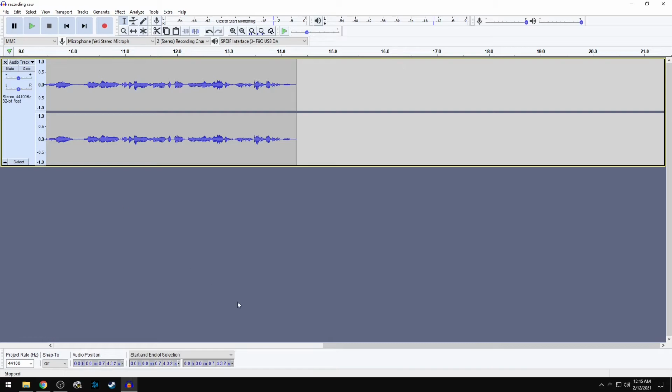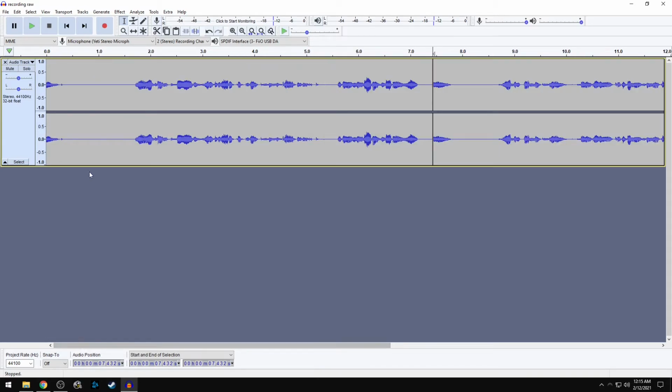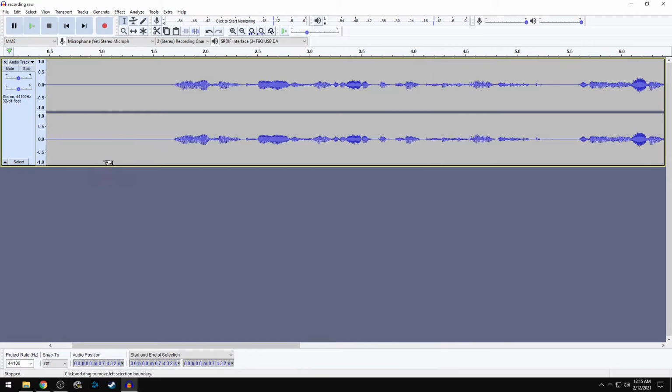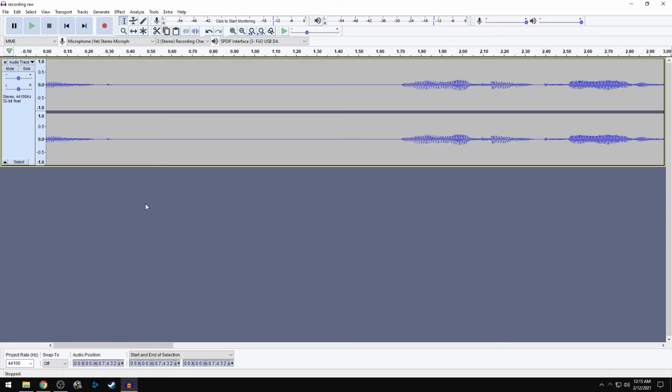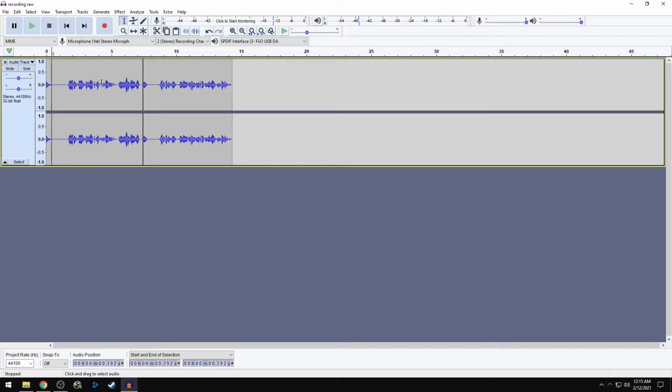This is an optional step, what I'm about to tell you, because if you just want to send in your raw vocals, you're good. You don't need to really know anything else. Mary can take care of the rest, but what I like to do personally is, you see these sections in between words. So right now it didn't really pick up a whole lot of noise, but